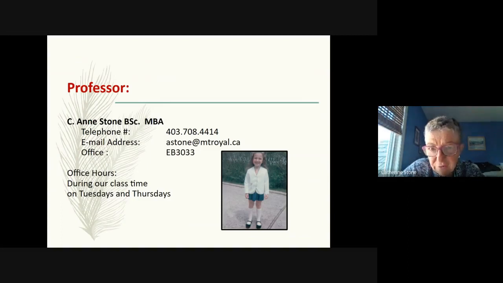This is my cell phone. I am not call forwarding my calls from the office. I'm using my cell phone because I'm really not very attached to a landline anymore. And this is where you can call me in the event of an emergency, or text me if there's an issue as well. Normally if we were in class, I'd say this is the number you use if you're stuck behind traffic on Crowchild and you're going to be late for the midterm.